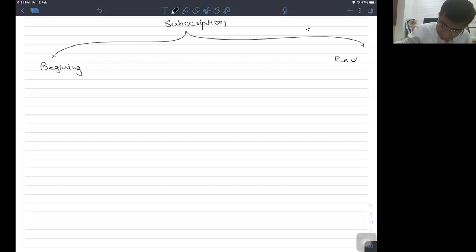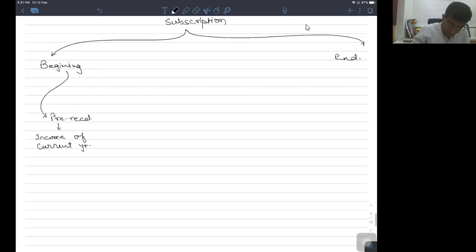End. Beginning में pre-received income of current year or